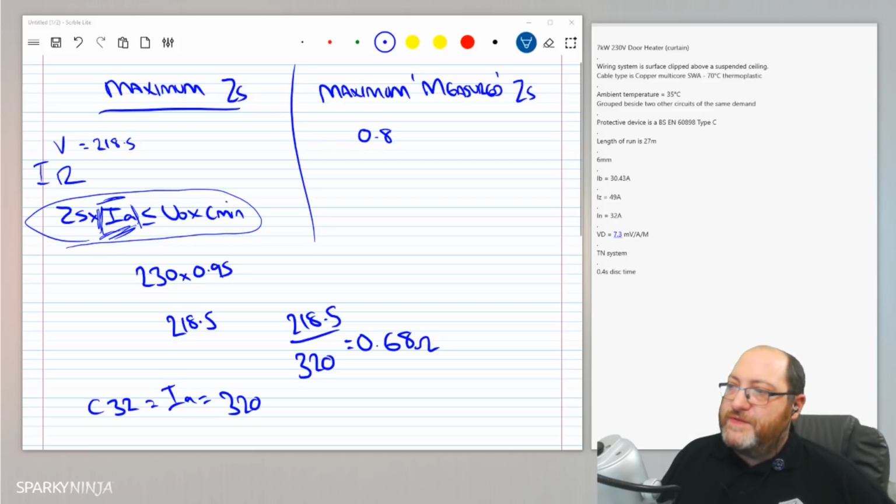The whole reason for doing that is obviously to accommodate the change in temperature, because when we're doing an initial verification, we're measuring the earth fault loop impedance. The circuit's not under any load. If the circuit's not under any load, then it's not anywhere near 70 degrees, which is what the operating currents of 320 amp, etc., are designed to work against. So we derate it